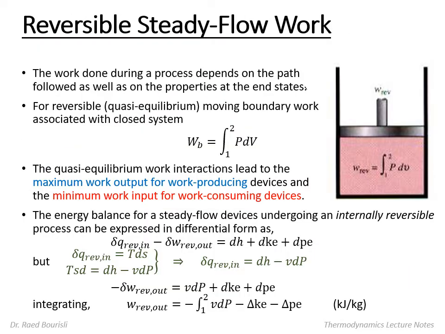About the reversible steady work. The work done during a process depends on the path followed by the gas or the material or the system, as well as on the properties of the system at the end states. So, for example, this expansion of this gas will depend on the process path as well as the end states. If the process path involves lots of friction between this piston and the cylinder, then the work done